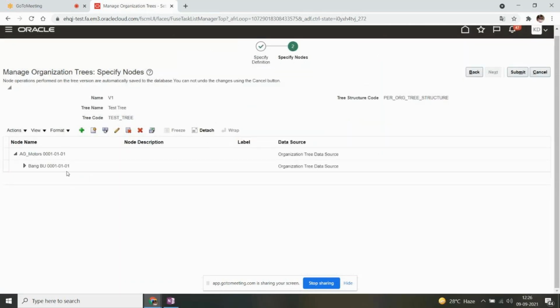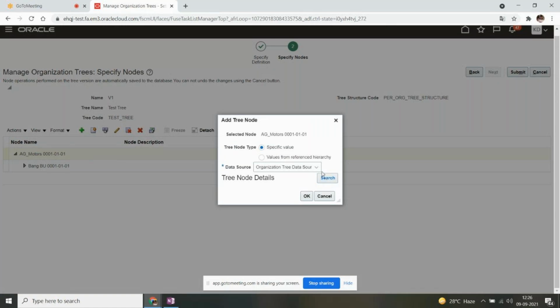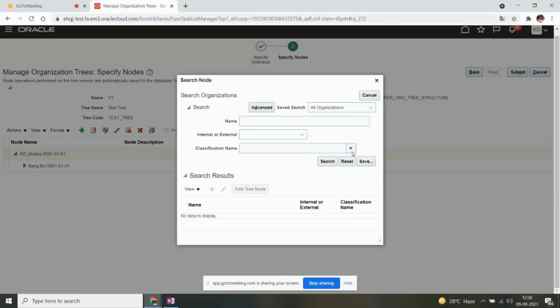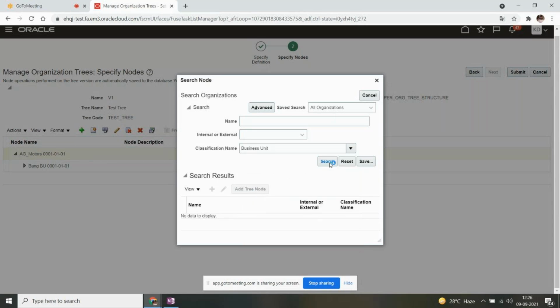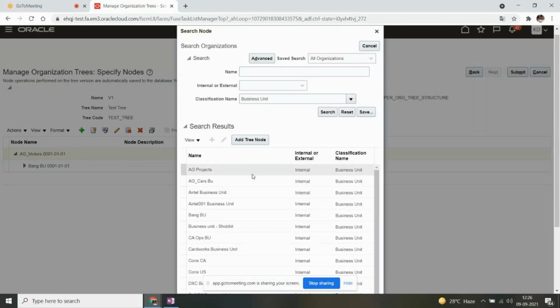And I want to add one more business unit under this legal entity. So again, click on the parent node because under this I'm going to add a business unit. Click on add tree node, click on search, then select business unit as your classification name, then click on search. I'll add AG Projects here as my business unit.